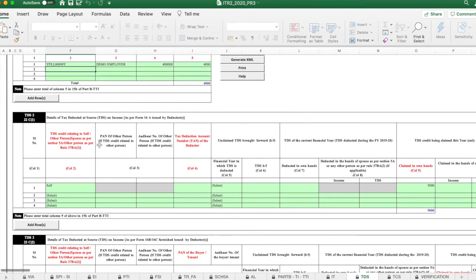Next, the TDS2. You have to first select the option self or other person. You have to select self, then the tax deduction account number, that is the TAN. There you have to mention the TAN number. You can find this from 26AS.